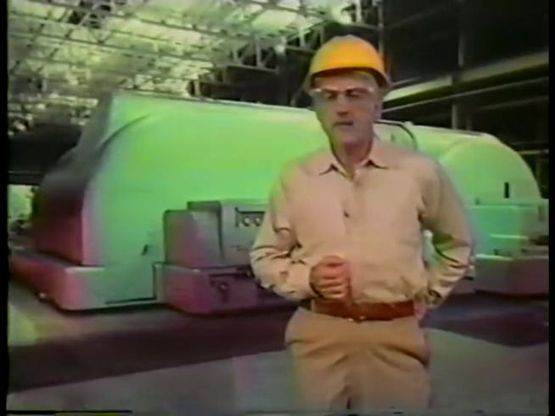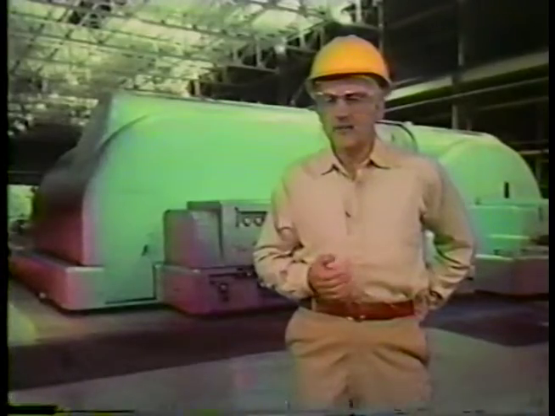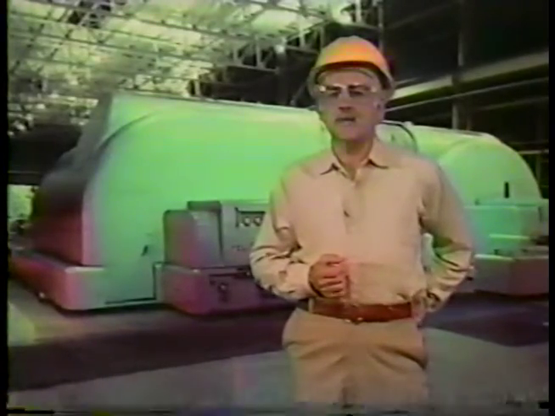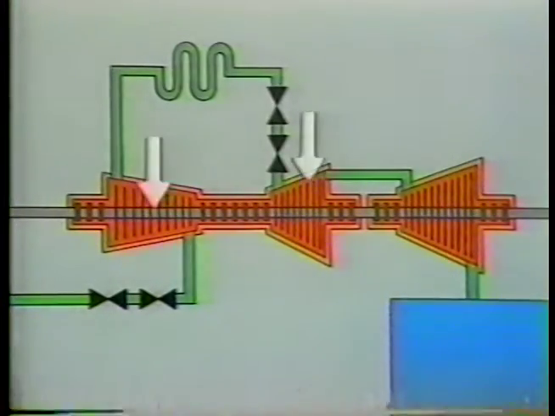To understand how the emergency blowdown valve functions, we need to look at a turbine in a little more detail and examine a condition that may cause overspeeding. Here we have a simplified cross-section of a turbine. We still have the HP, IP, and LP turbines, but we've also included the turbine rotor and blades